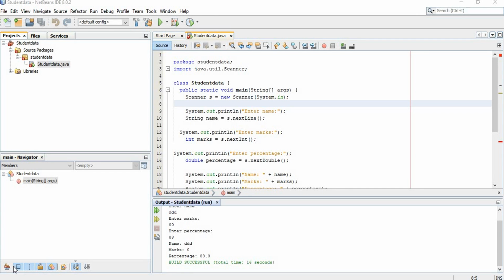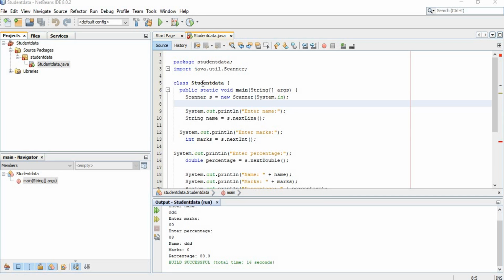Now we will see the execution of the Scanner class by giving input to the Java program. For the execution, I am using NetBeans 8.0 to execute the program. I said this is the first line we have to write, import java.util.Scanner, because the Scanner class is present inside the util package.